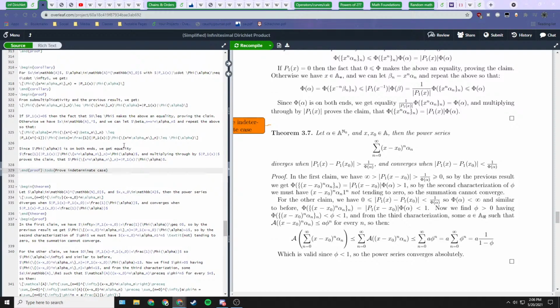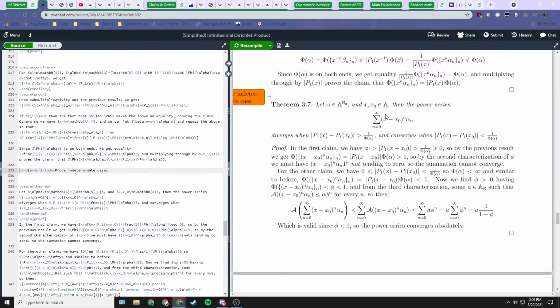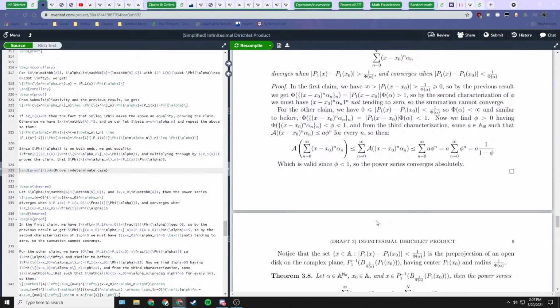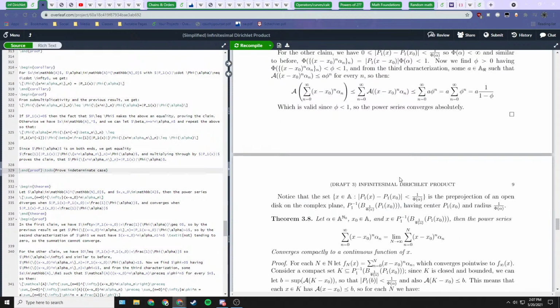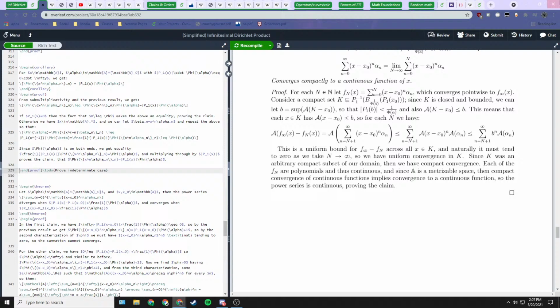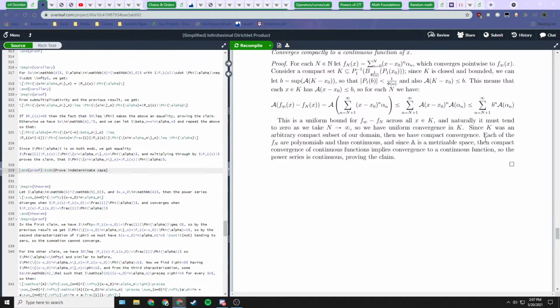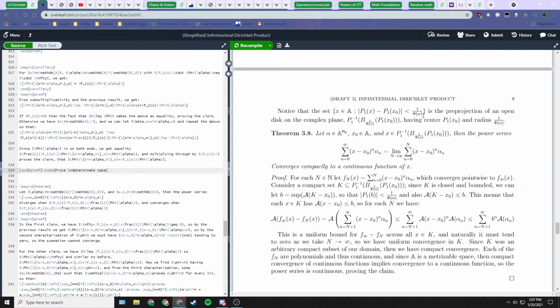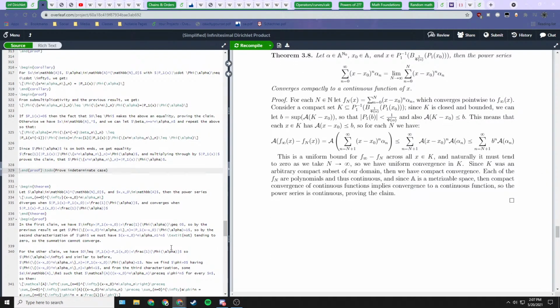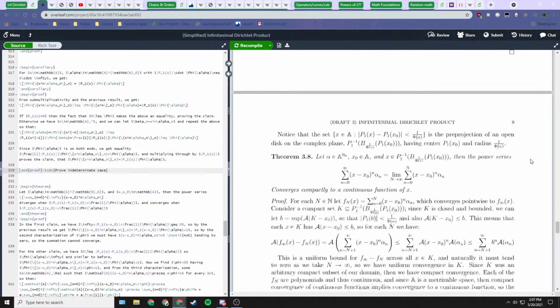We could probably prove that if phi alpha happens to be infinite, it'll still always converge when p1 of x is 0. But I think maybe we'll just leave that for now, because it's fine as it is. Really, we don't necessarily need that. So we get all of this, and now I think we can just move on. We can go ahead with this.